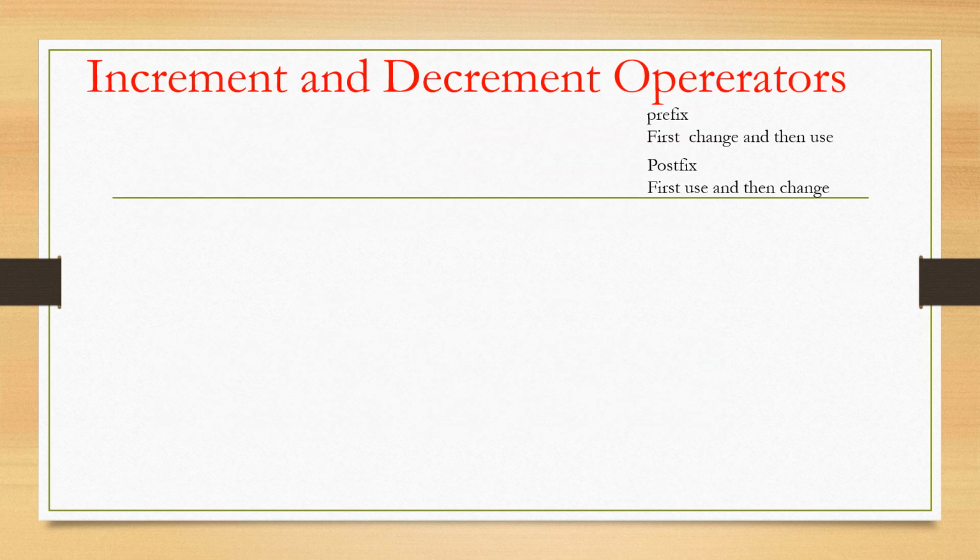We can analyze and revise the increment and decrement operators also, because if you see the question paper pattern from 2006, at least one question is there from increment and decrement operators. So before starting the revision topic, we can see prefix and postfix. Prefix means operator will come before the operand, that means ++a, --a. In that case, first change the value and then use it in the expression. And postfix means first use the original value and then change it, so that the next time the value will be changed.